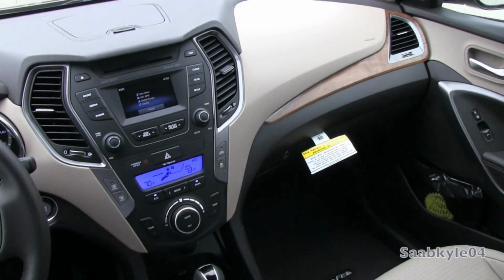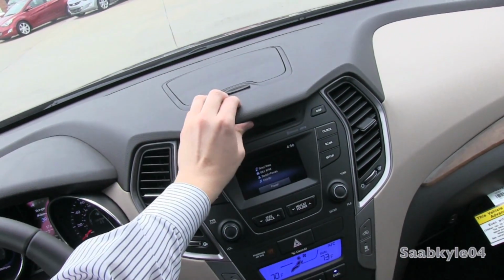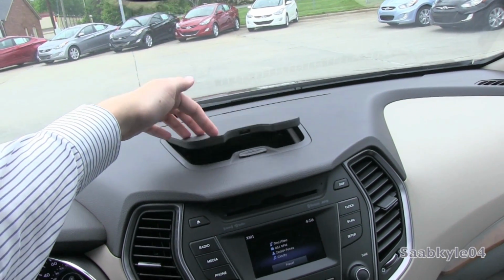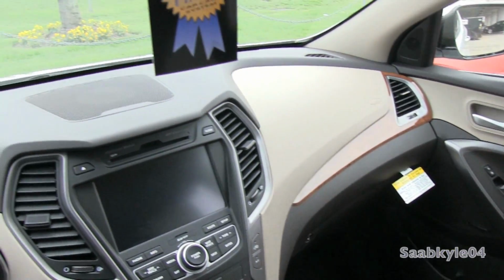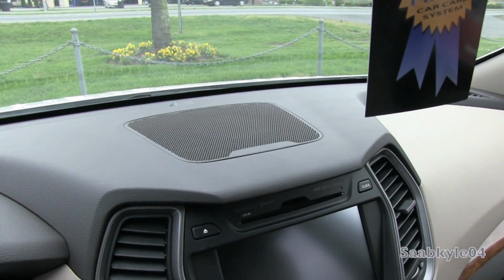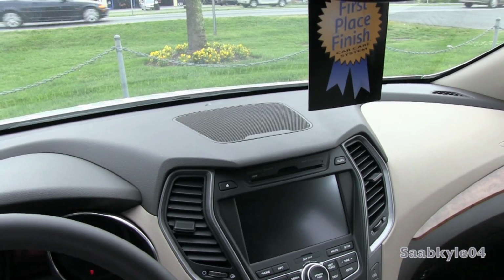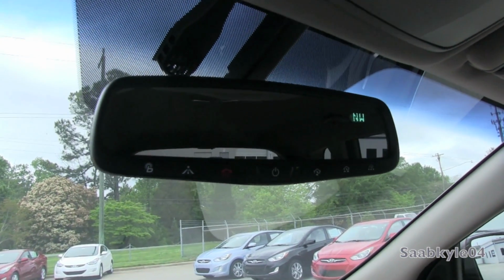Now the cream colored portion of the dash is padded, as is the top portion. Gives a little bit more of a higher quality feel. Up top, there's also an integrated storage compartment that gradually eases open. You'll also notice that vehicles with the Dimension audio system have a speaker up top for the mid-range rather than that little storage tray. Auto-dimming rearview mirror with integrated garage HomeLink and compass up top, as well as Hyundai's